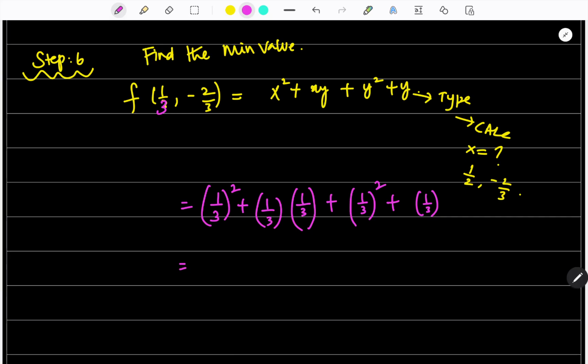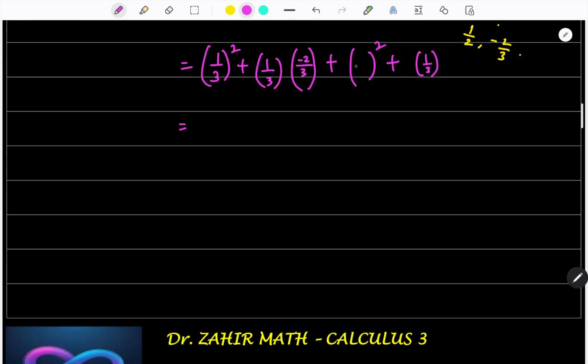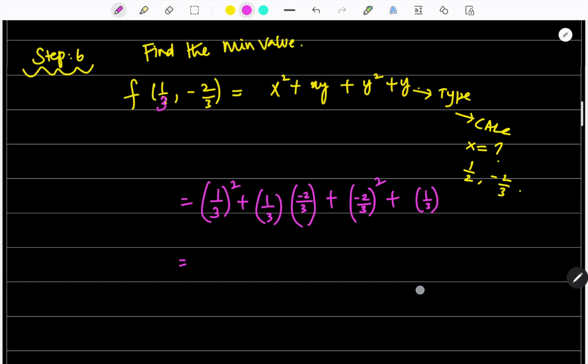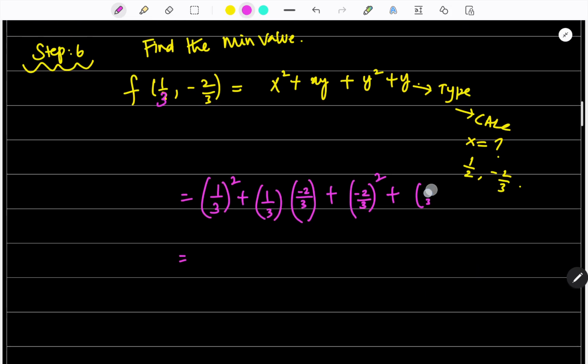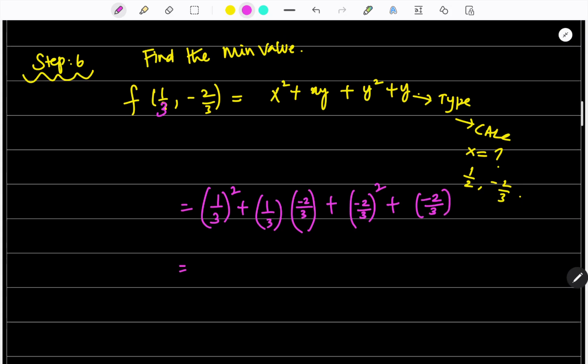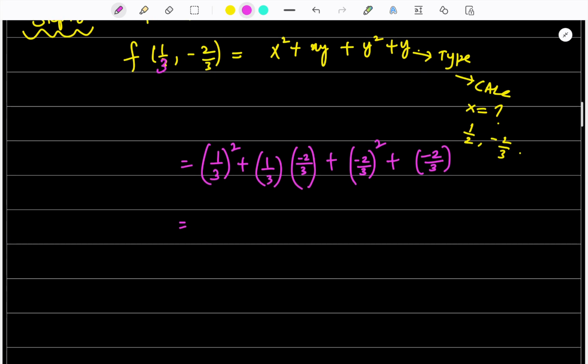So I'm going to put all these things in the calculator, right? 1 by 3, and then this is y, and this is minus 2 by 3. And the next is, this is also y square and this is going to become minus 2 by 3. Sorry, again I made a mistake. And this also, it is not 1 by 3, it is minus 2 by 3. So 1 by 3 whole square plus 1 by 3 times negative 2 by 3 plus negative 2 over 3 the whole square plus negative 2 over 3. So finally, if you put all these things in the calculator,